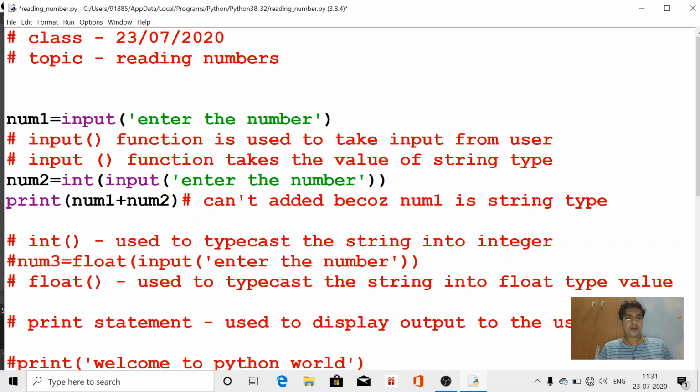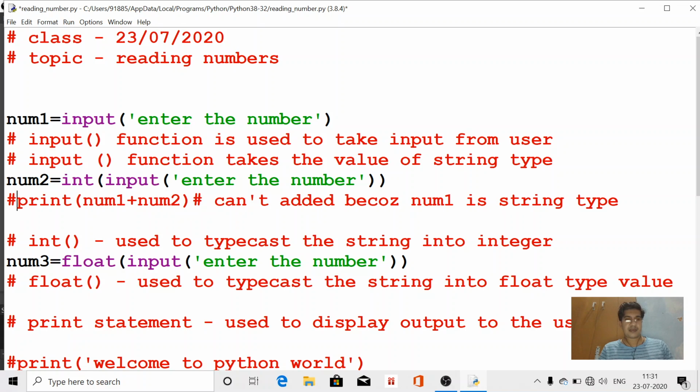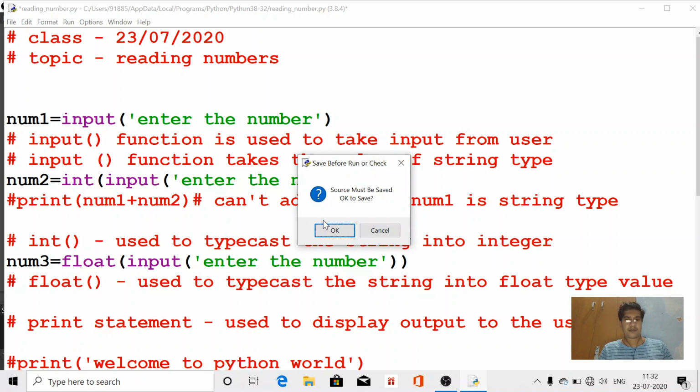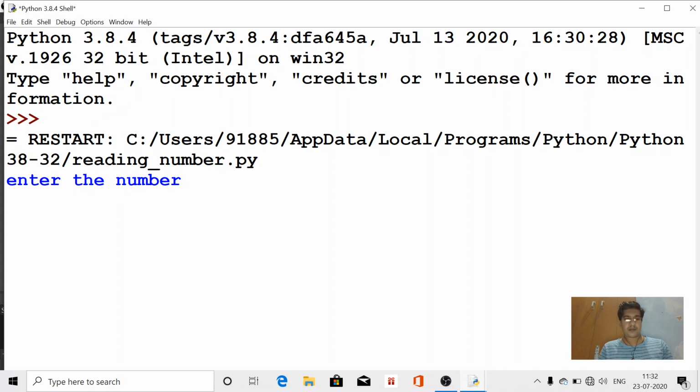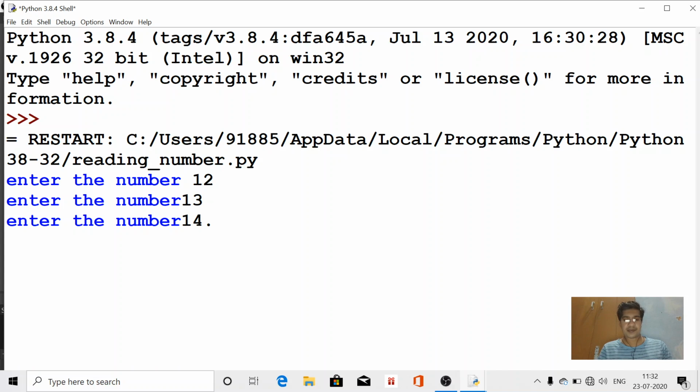Now if we are going to the third number and comment this line, now take number 12, 13 and 14.5.